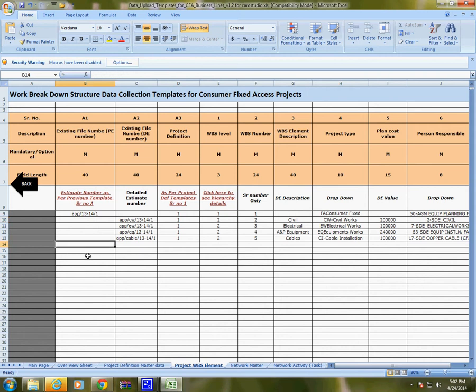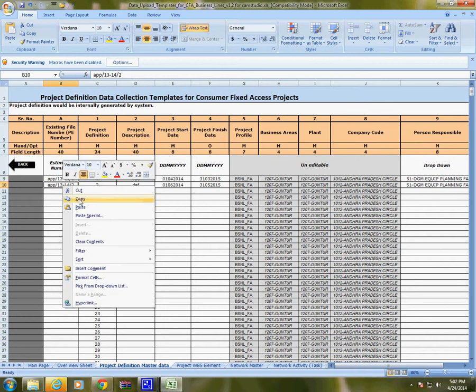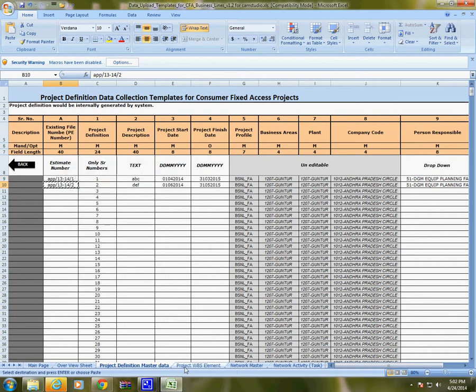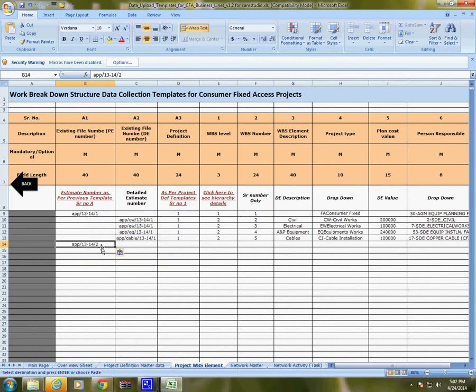Now for the second one, I'll be starting the second project definition right here itself. So my second project definition is copy paste. That means my second project has started from here, from this row number 14.